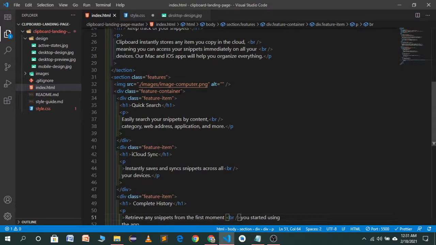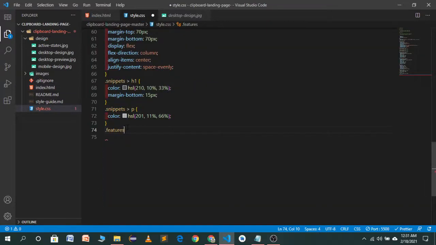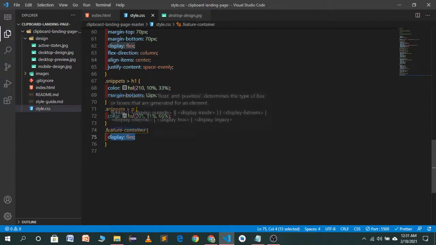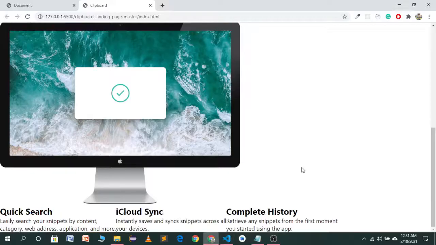We will copy the class name and paste it here. Let's target the feature container and use display flex. So you will see this single line of code will change the alignment of our container.